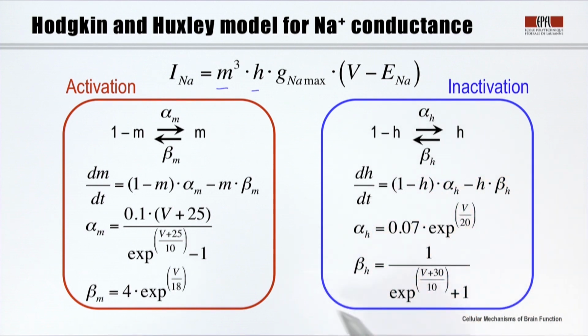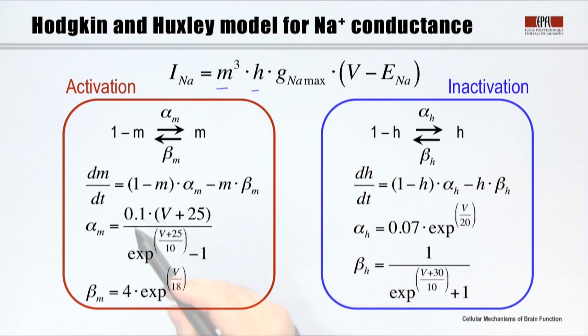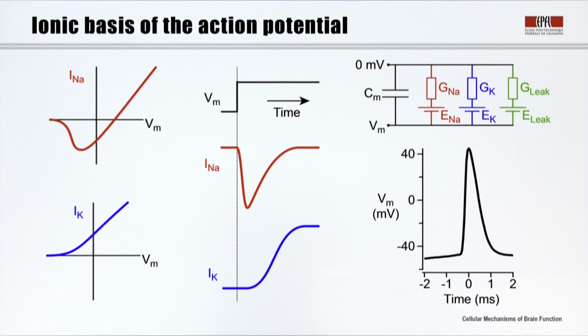The same is true for the inactivation term, now termed H, and not raised to any power. Hodgkin and Huxley fitted the experimental data and obtained values that they inserted into these equations and were able quantitatively to reconstruct the action potential on the base of their voltage clamp data. So they began with voltage clamp data looking at current voltage relationships and also the current with respect to time